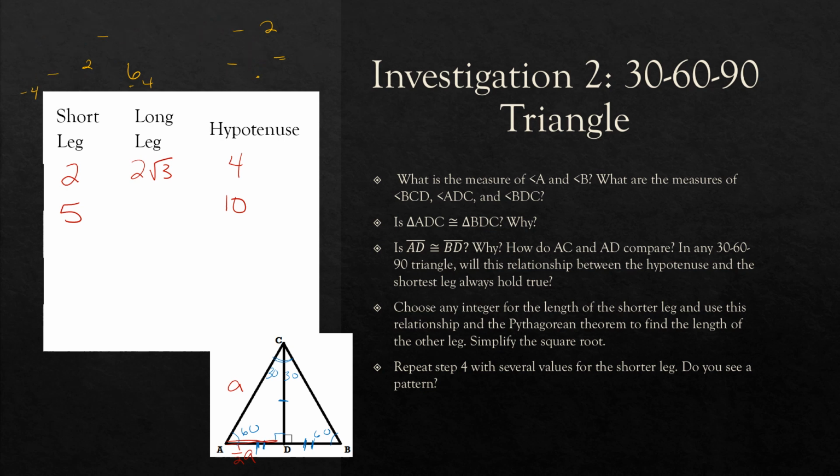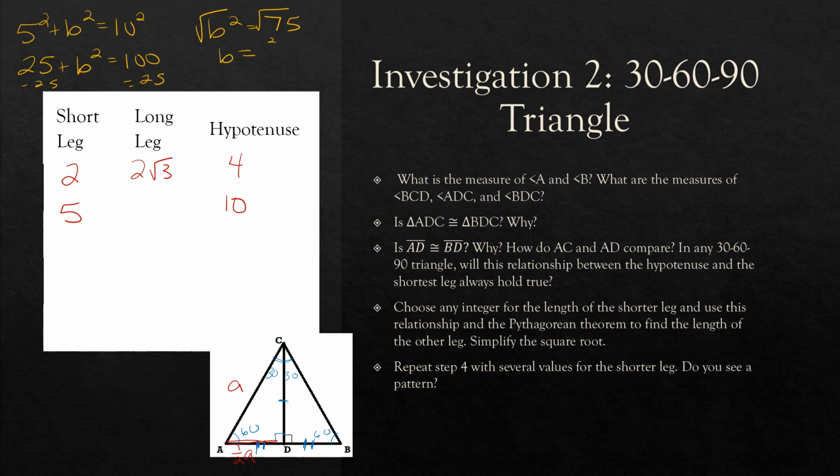So let's calculate what that longer leg would be when the shorter leg is 5. So we have 5 squared plus B squared equals 10 squared. 25 plus B squared equals 100. Let's subtract 25 from both sides. B squared is equal to 75. We'll take the square root of both sides. B is equal to